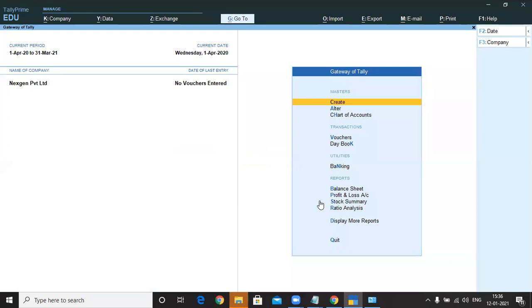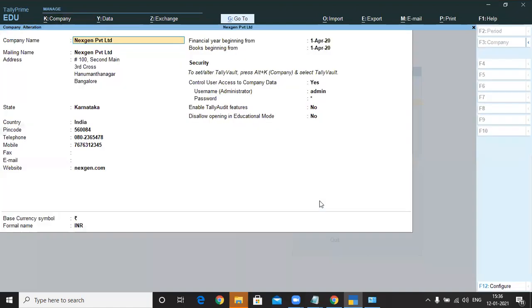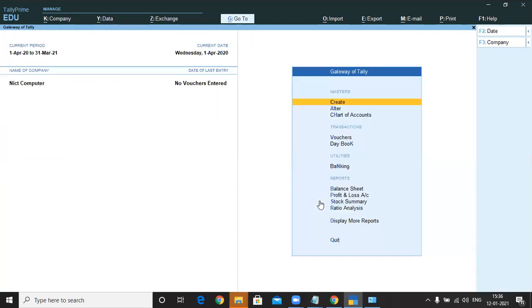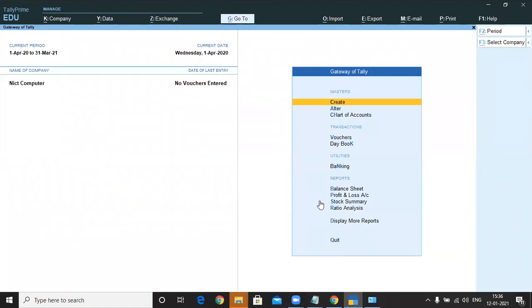Then how can I use alter? Now I would like to change the company name. So open this Alt K, alter, and change the company name. Instead of NextGen, I'll take NICT Computer and press Ctrl A, then press Escape and do shutdown, Ctrl F3.